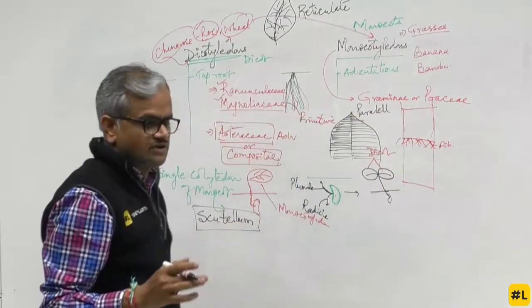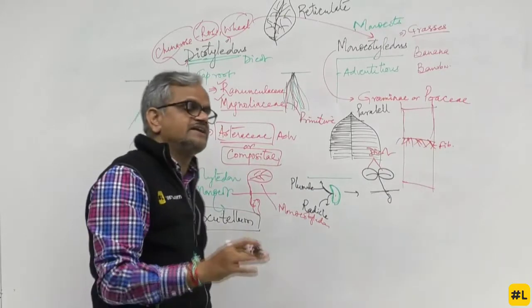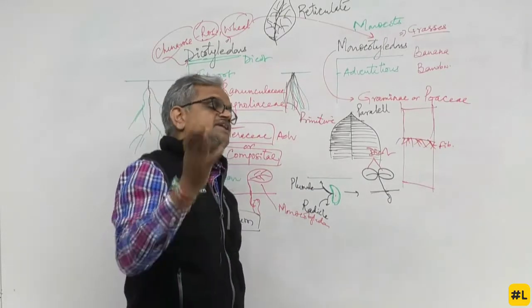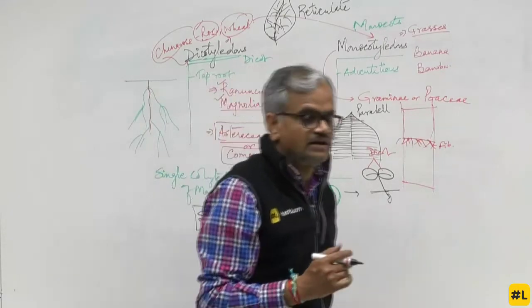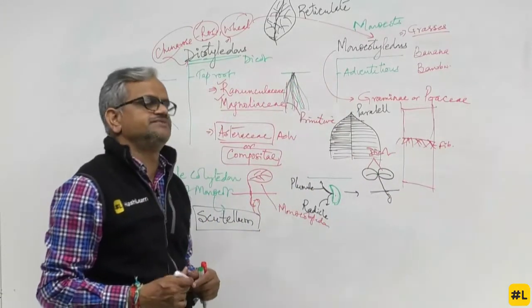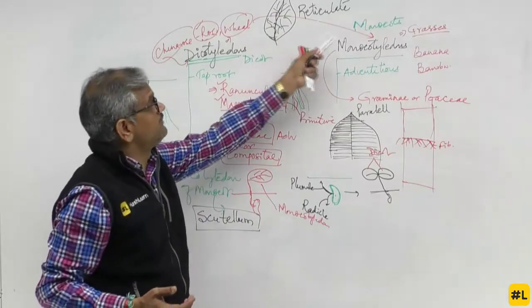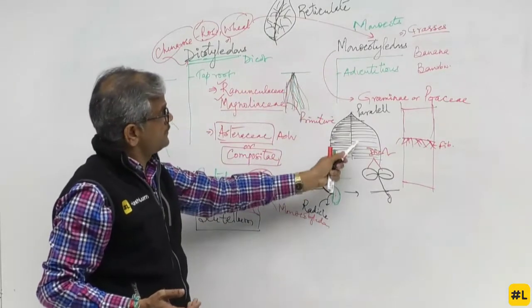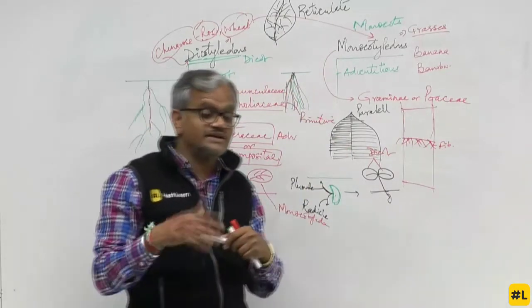There are a few exceptions, I will come back to it. A dicot is there which has parallel venation, and a monocot is there which does not have parallel venation but has reticulate venation, is Smilax and all. As and when it comes I will discuss with you, do not worry. So, reticulate venation and parallel venation. This is another classical example.